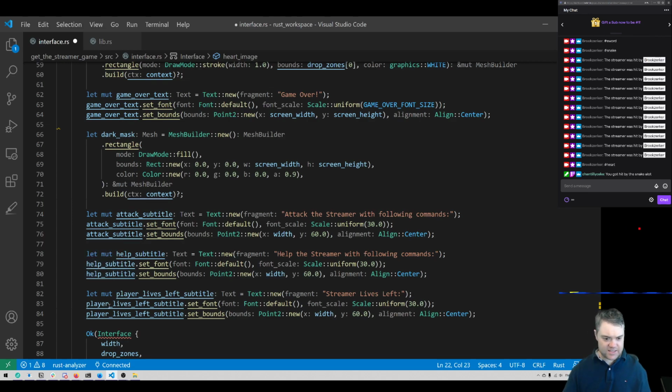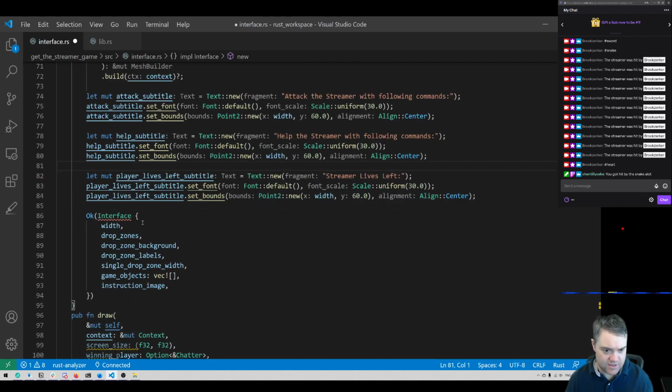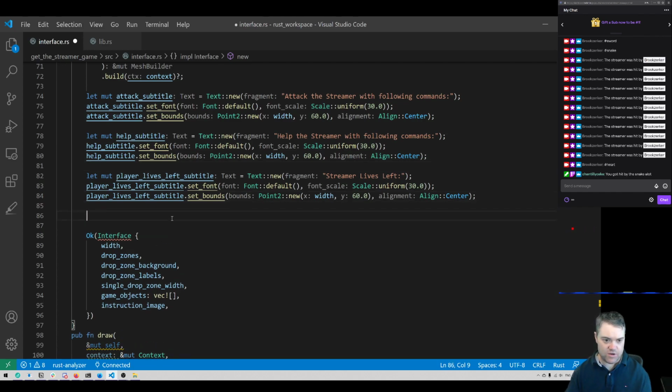Now there's a lot of these things left that I don't know why it's not yelling at me, because I don't think we need these. Maybe we'll get warnings after I deal with this. So let's go let heart image equals image new